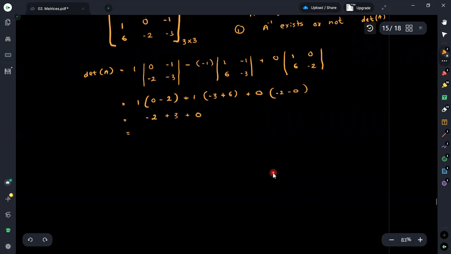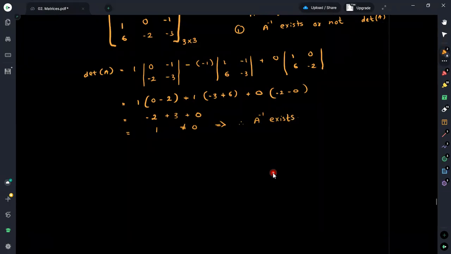Therefore, now we can see that the determinant of this matrix is equal to 1, and this is a value which is not equal to 0. Therefore, we can say that A inverse exists. This is the way that we are checking whether the A inverse exists or not. As the first thing, we have to check whether A inverse exists or not using the determinant of the matrix, and thereafter